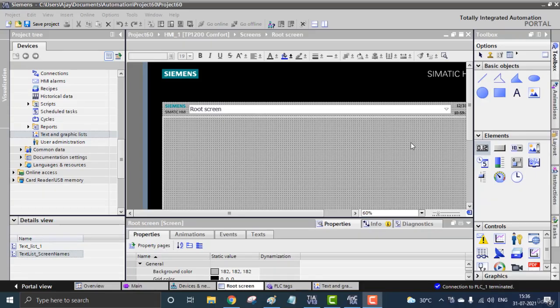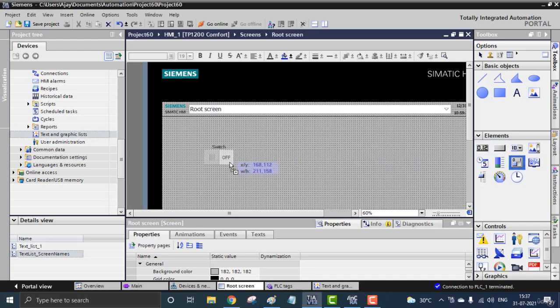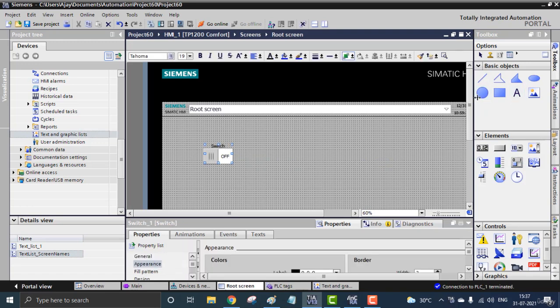Hello all, and here we have these object properties starting, and we have to dynamize things, the colors and the fillings and everything. In the basic startup we have learned to dynamize the color of an object right here. It's a circle and we just dynamized it as on and off. So it's just a circle, and we have a lot of objects in the symbol factory, or it's called the symbol library. Right here you can see this is the symbol library.